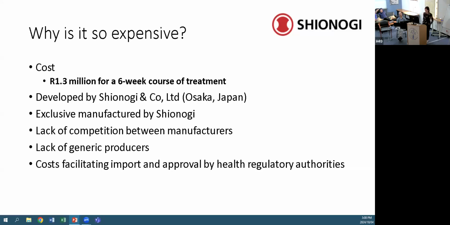Cefiderocol was developed by Shionogi, a Japanese pharmaceutical company, and it has been exclusively manufactured by this company. The high cost of Cefiderocol may be related to the lack of competition between manufacturers, the lack of generic producers, and the high cost facilitating importation and approval by local health regulatory